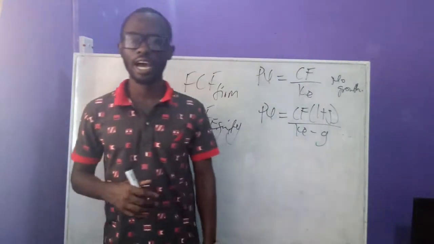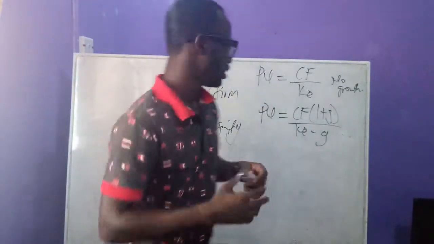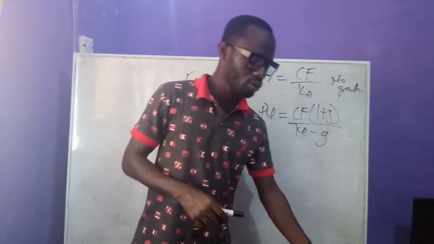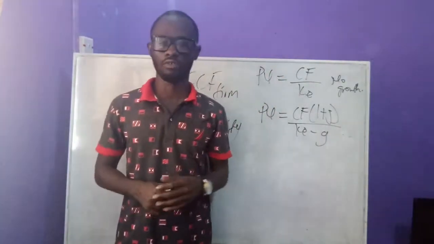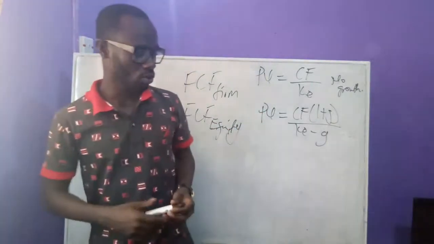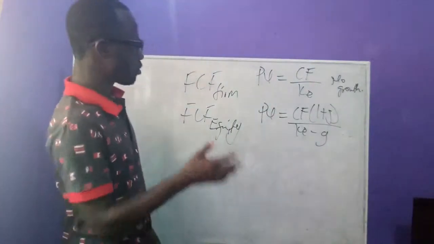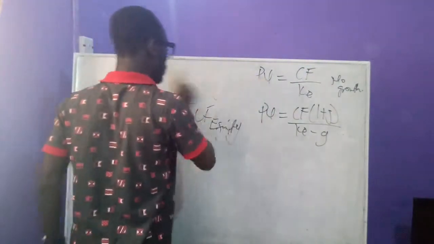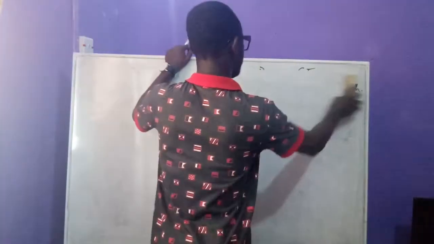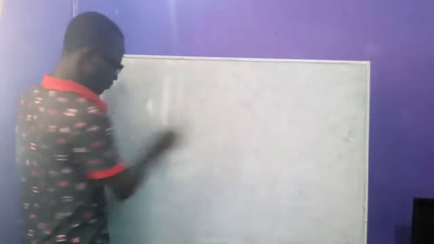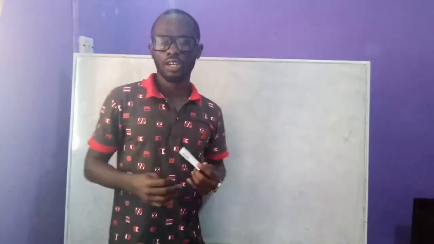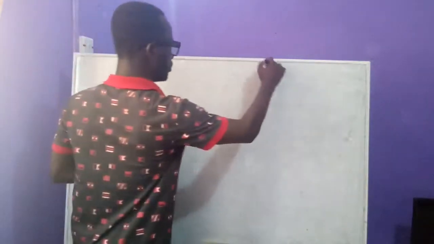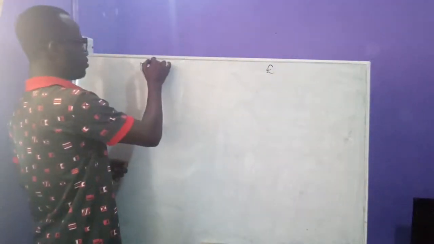So let us find out how we can actually calculate free cash flow to firm and free cash flow to equity. There are approaches that we have to use, a procedure that we follow, or a pro forma that we follow in calculating these. So the first one we want to look at is the free cash flow to firm. How we calculate free cash flow to firm. If we are calculating free cash flow to firm, we use the layout below. So for free cash flow to firm, we can put narration here